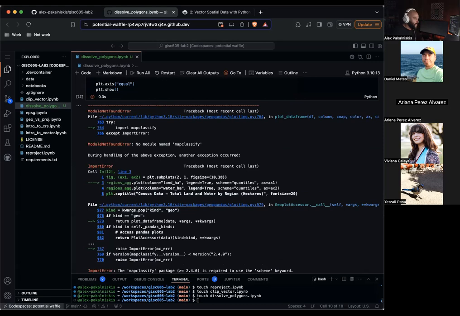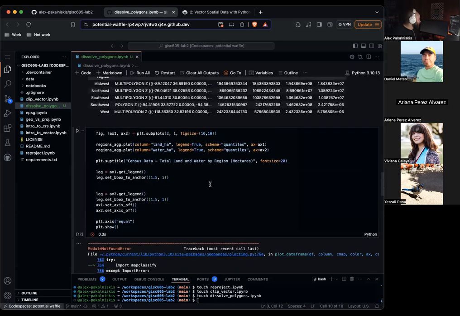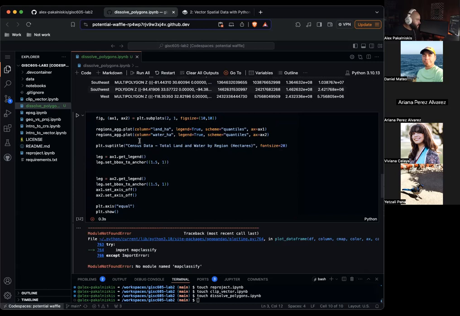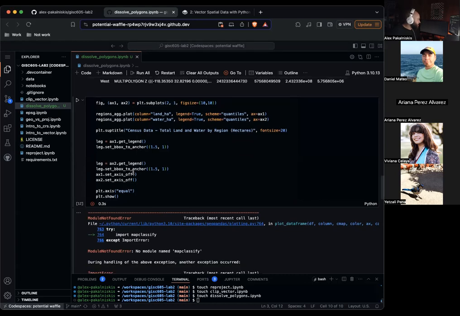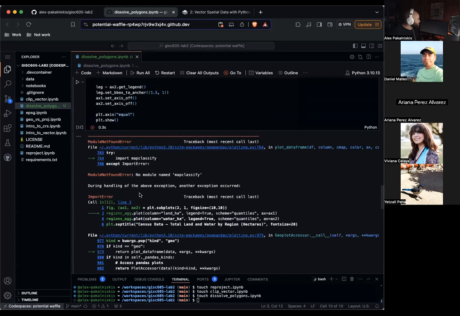See if I messed up somewhere. plt.subplots, land_ha, scheme, quantiles, ax equals ax1. Interesting. Trying to figure out where the error is. Seems like it doesn't like this first line.